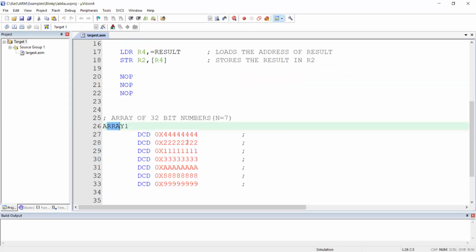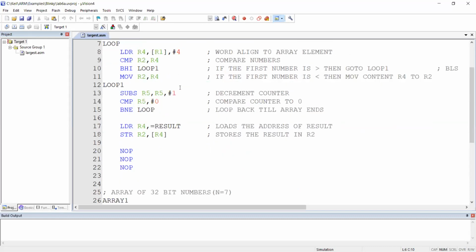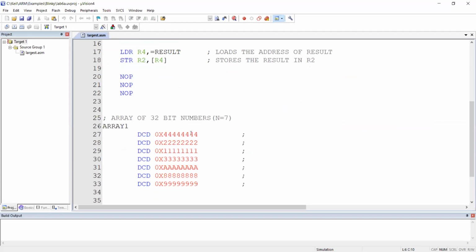First R1 is 4. 4 is loaded onto R2, then R1 is pointing to the next 4th position. Next 4th position means what? See here: 0th position, first position, second position, third position, 4th position is here, which is the next number's beginning. So again 4th, 5th, 6th, 7th, this will be 8th, like that.